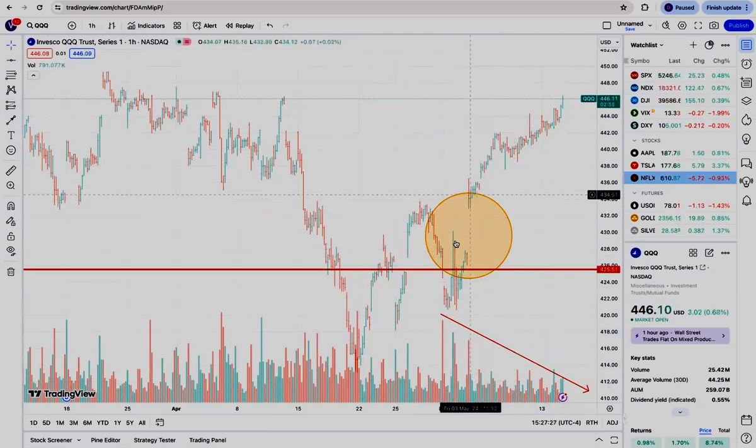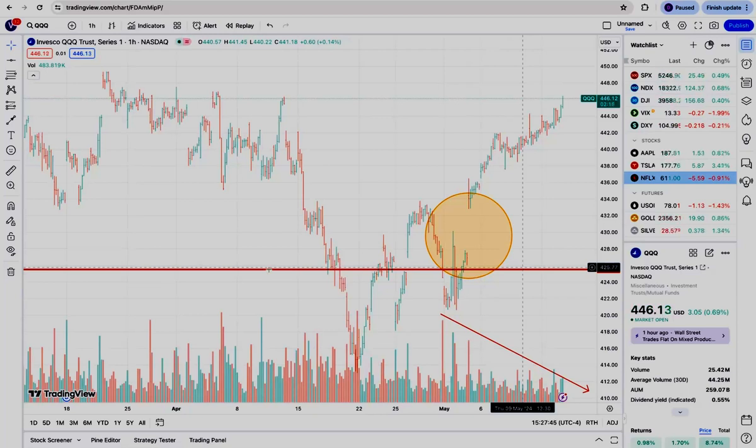So this big gap means that prices didn't go through that price on their own. They were pushed there in overnight trading. So what we'll be looking for as prices decrease is an area somewhere around 425 on QQQ to purchase. Now, this is just a piece of what I do, and I hope you enjoyed it.